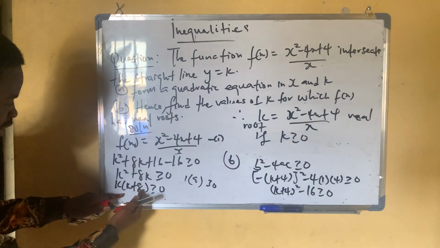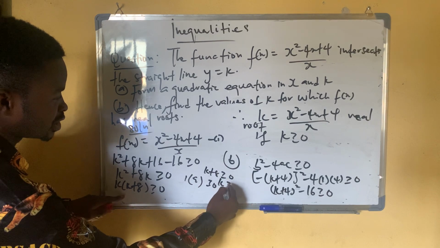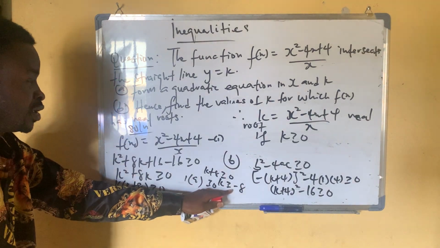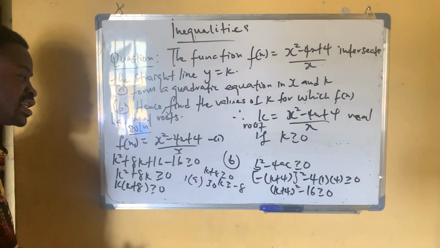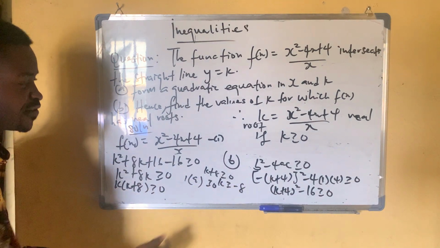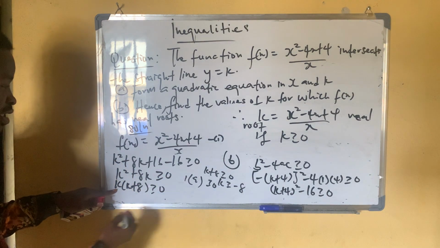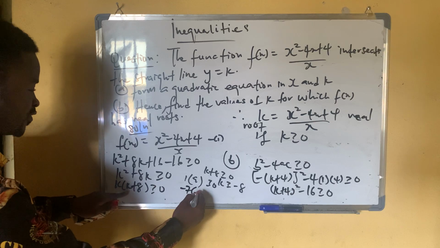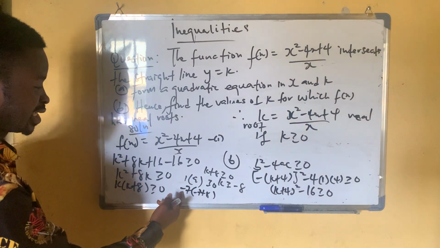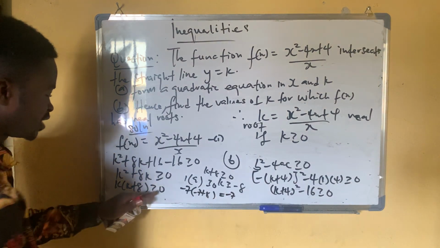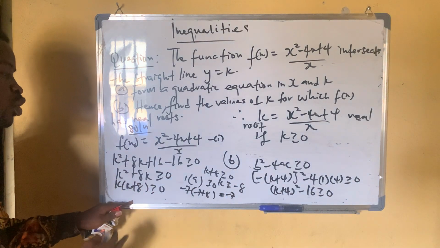Also, I will check for k plus 8. We have k plus 8 greater than or equal to 0. If I move 8 here, I have k greater than or equal to minus 8. So I will check for a value greater than or equal to negative 8. For example, negative 7 is greater than negative 8. If I test negative 7 here, I have negative 7 times (negative 7 plus 8). Negative 7 plus 8 gives me 1. 1 times negative 7 is negative 7. Negative 7 is not greater than or equal to 0. It means k greater than or equal to negative 8 won't satisfy that